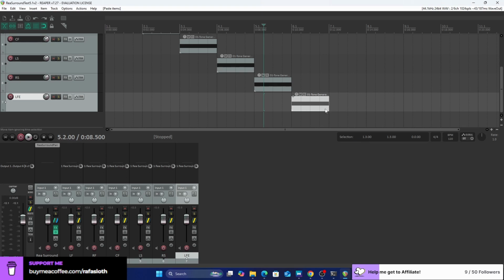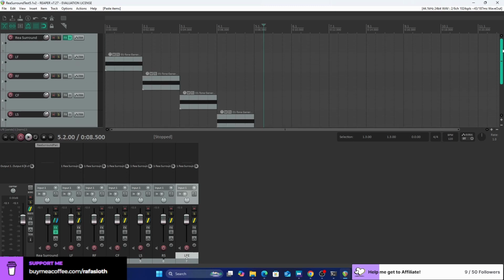But this is not actually a low frequency tone, so I don't really know if this last one is working. But anyways, we can just ignore the last one maybe. The rest is all working correctly.